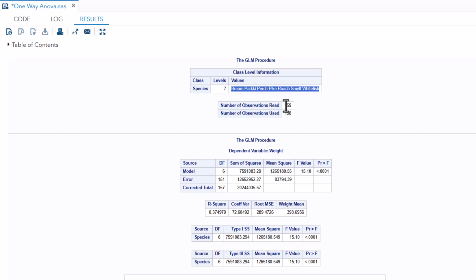Number of observations read is 159. As you remember, there was one missing data for the weight variable for bream, and that is why 158 observations are used. And you can see here the model degree of freedom is 6, with sum of squares, mean square, and F value is 15.10, and this is the value which we are interested in. Since the p-value is less than 0.05,